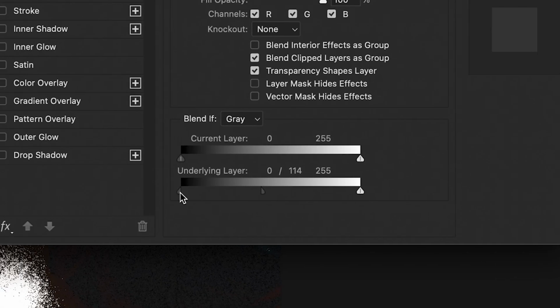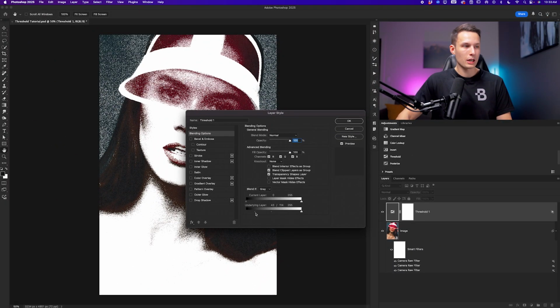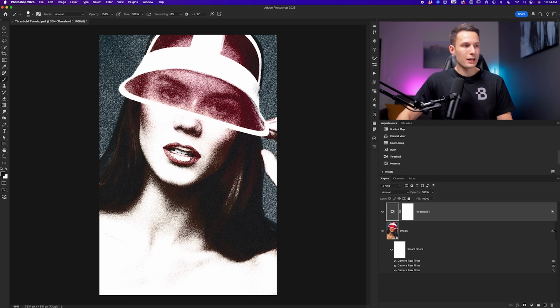So I'll go and move this other point over as well to add a little bit more color into the photo, and you can play around with these sliders until you're happy with the coloring in your image. So I just want to add a slight bit of color like this, and I'll click OK. So now we get a bit more of that visor color back in and a little bit of the skin tones and hair color